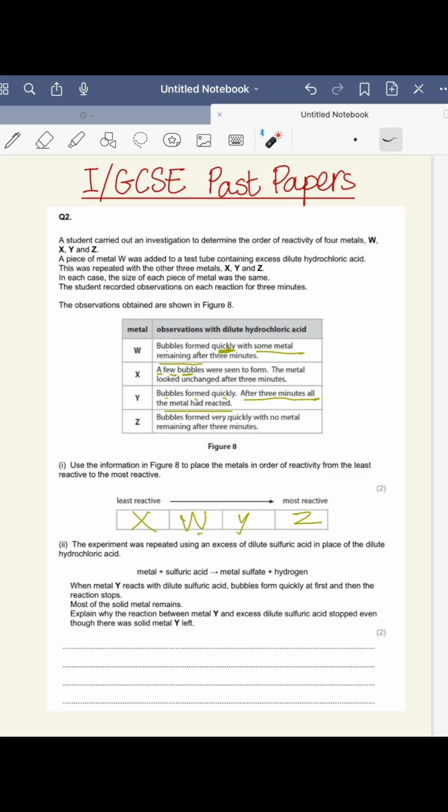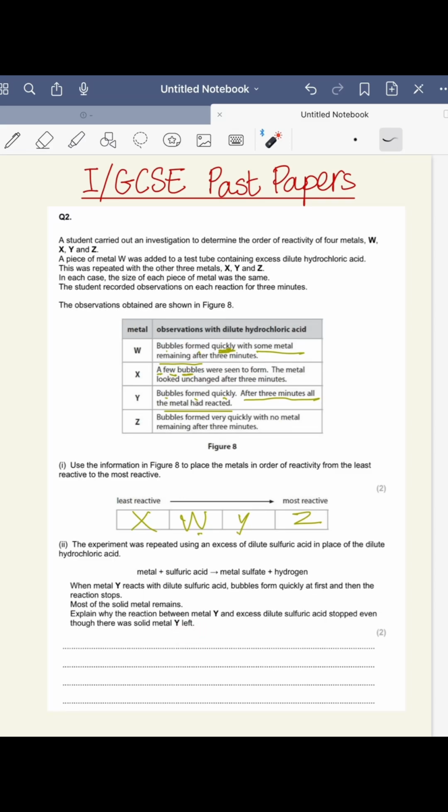Next part of the question reads, the experiment was repeated using excess of dilute sulfuric acid in place of hydrochloric acid. So metal plus sulfuric acid will give you metal sulfate, which is a salt, and your hydrogen bubbled off. When metal Y reacts with dilute sulfuric acid, bubbles form quickly at first, and then the reaction stops. Most of the solid remains. Explain why the reaction between metal Y and excess of dilute sulfuric acid stopped even though there was solid Y